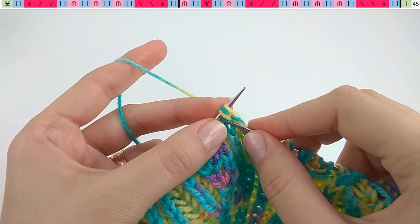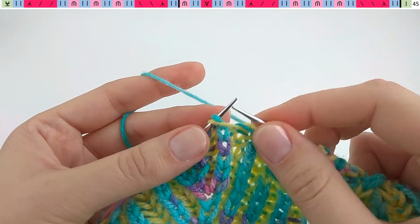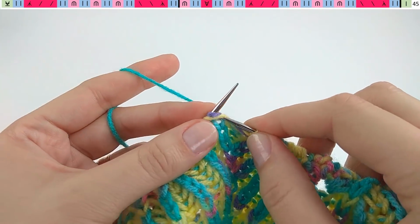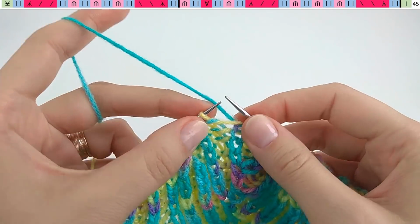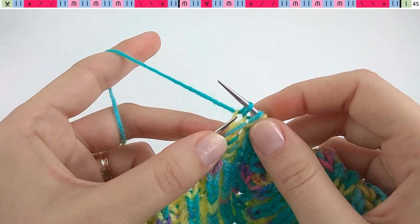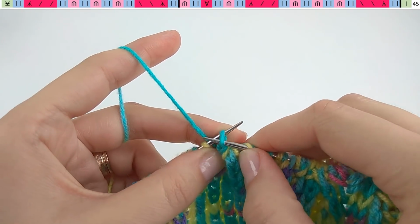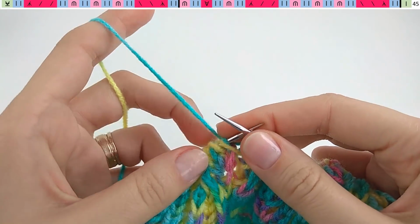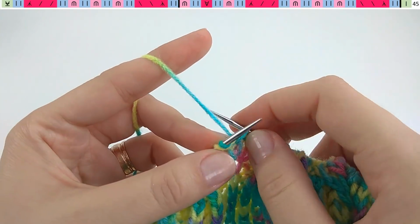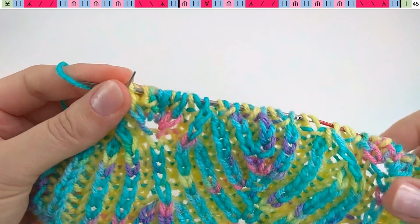Slip on yarn over, left slant decrease, slip on yarn over, 3 brioche knit columns, 2, and slip on yarn over in between as usual, and then a right slant decrease: slip, knit twice, knit the next stitch, pass over, slip to the left needle, pass over, slip to the right needle, slip on yarn over, brioche knit 1 column, slip on yarn over, 2 stitches increase, brioche knit, yarn over, brioche knit, slip on yarn over and brioche knit, and that's the end of